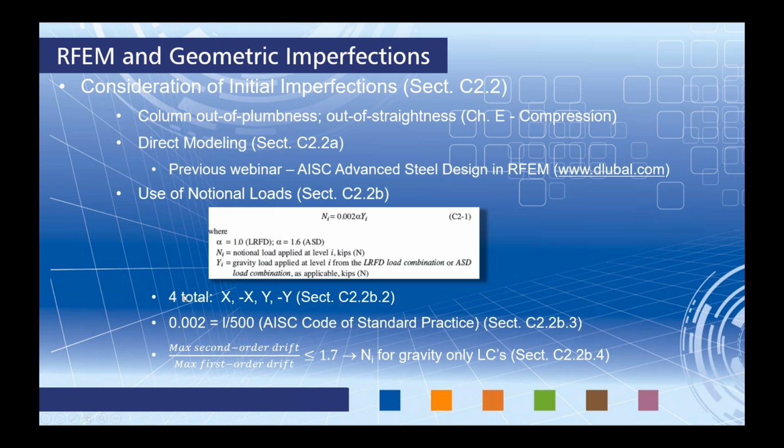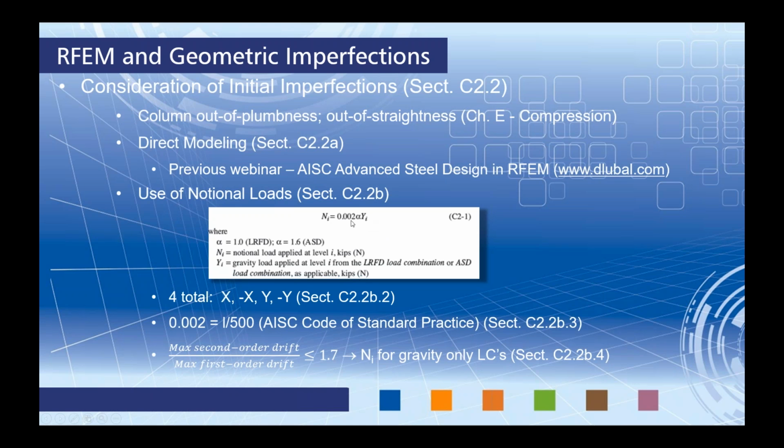0.002 comes from the AISC Code of Standard Practice, the L over 500. We also have an alpha factor here for LRFD and ASD, and then Y sub i is our gravity load applied at that level, so any type of vertical load. So you can understand that our notional loads are really dependent on the applied load for that particular load case